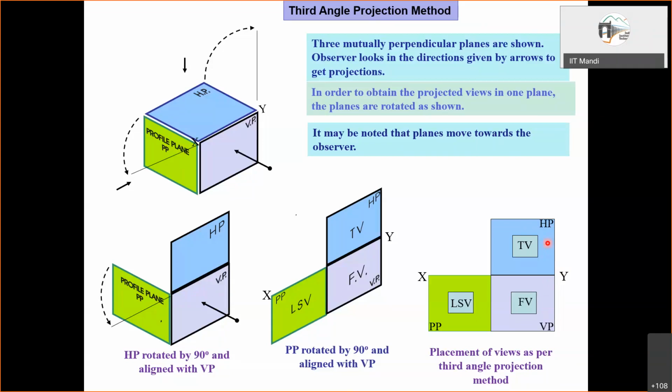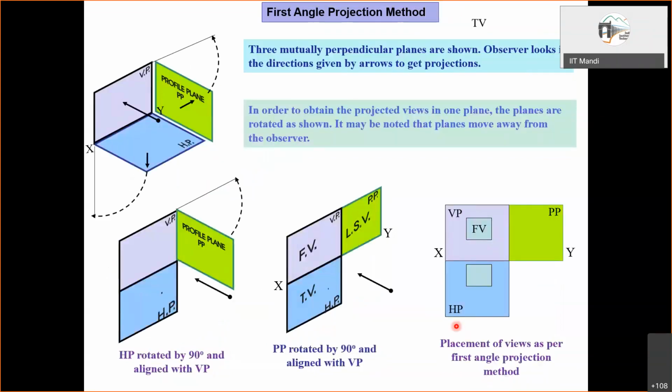Now for this chapter, orthographic projections, we have the side view as the extra thing being discussed. So you see the left side view is at this side, that is, with reference to the front view it is at the left. But if we consider the previous slide, here you see the left side view is placed at the right of the front view. Front view is here and at its right we have placed the left side view.